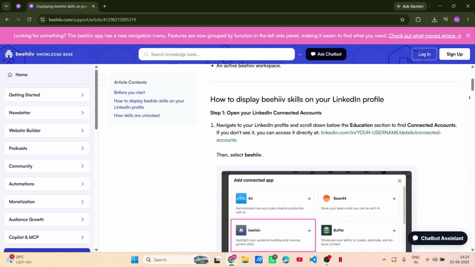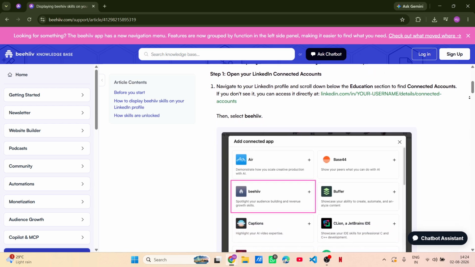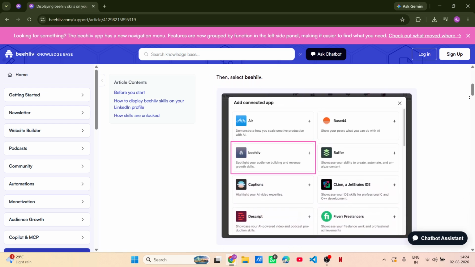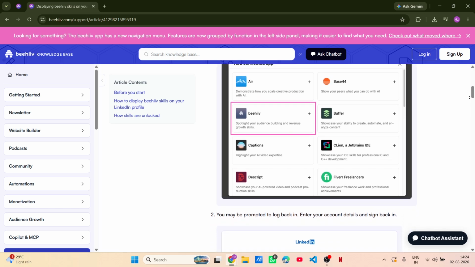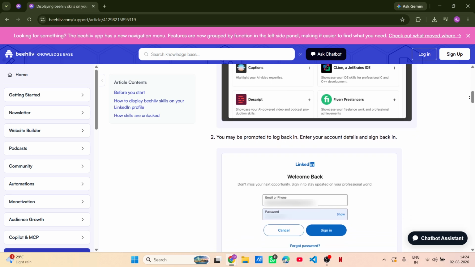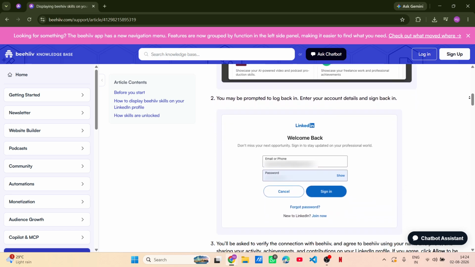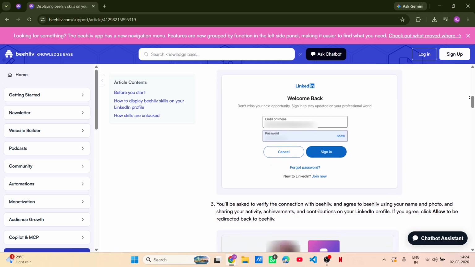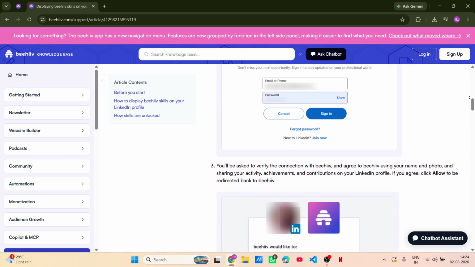Now that you're set up on Beehiiv, let's talk about how to design your newsletter. The dashboard presents a user-friendly interface where you can start crafting your email newsletter. Think about your target audience. What content do you believe they would find valuable? Whether it's industry insights, tips, or personal stories, having a clear idea of your content will help you engage better